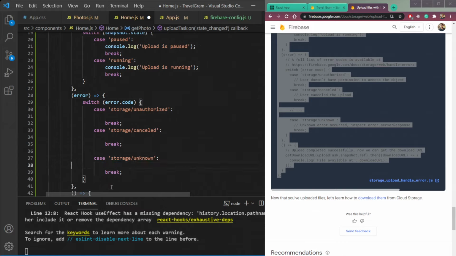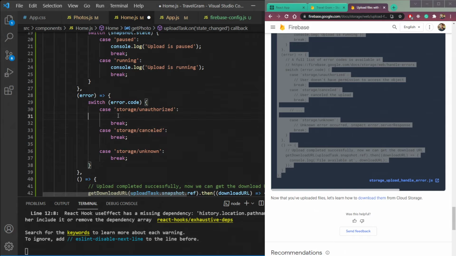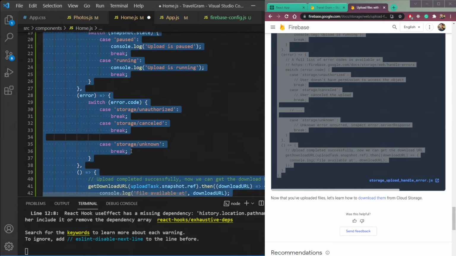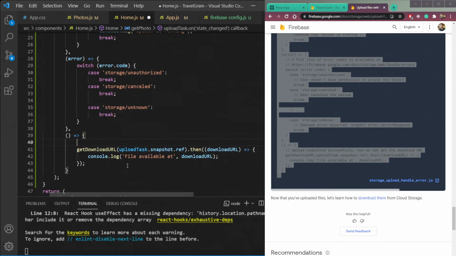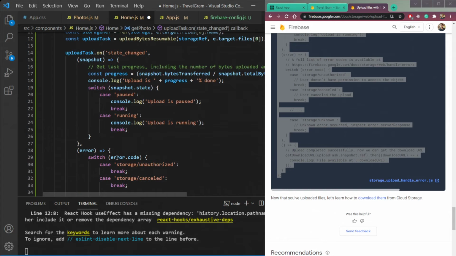So these cases are for the error message in certain cases. So if the upload is being cancelled, if it is being unauthorized, or if the file is unknown in those cases. So I don't think we need it now. We just need this last part, which is called get download URL.